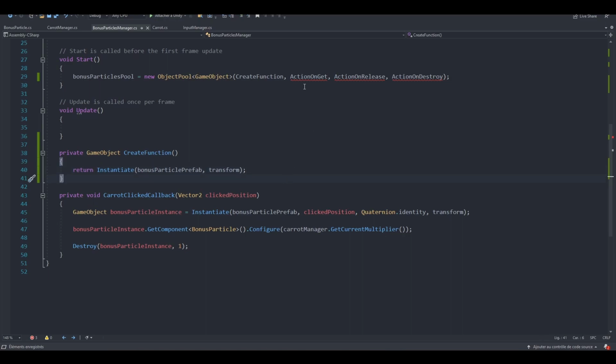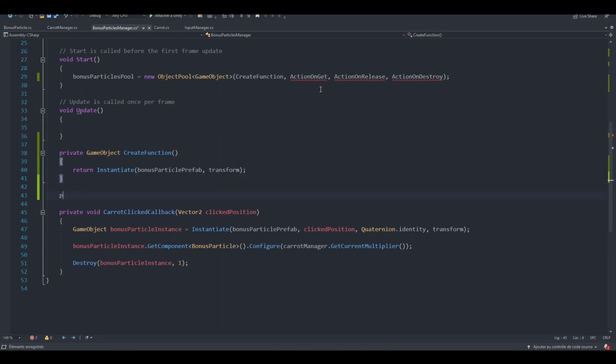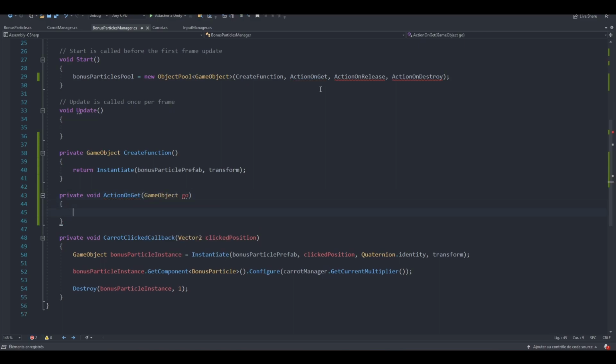So let's now tackle the ActionOnGet. Private void ActionOnGet, and this does take a GameObject as an argument. And what this method does is simply specify the logic whenever the pool wants to use a bonus particle. So in our case, we can configure it, okay? Or we can just set it as active, because the idea here when using a pool is that we will enable the bonus particle whenever it gets spawned by the pool and disable it as soon as the animation has